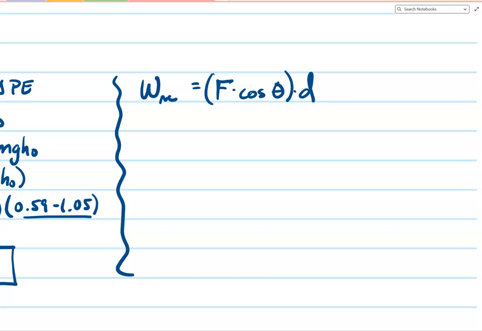Now we could use theta values on a unit circle and maybe make some sense of all of this, but I'm afraid that if we do commit to the unit circle right now and we think of this downward push, the basketball player is pushing down to get the ball to move down. Well, now you're going to be using an angle measure of 270 degrees. Cosine of 270 is 0, and so that's going to mess with our computations just a little bit. So rather than worrying about forces in a two-dimensional direction, I'm just going to think about forces in a one-dimensional